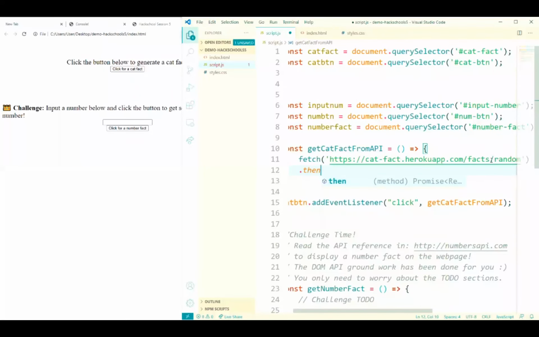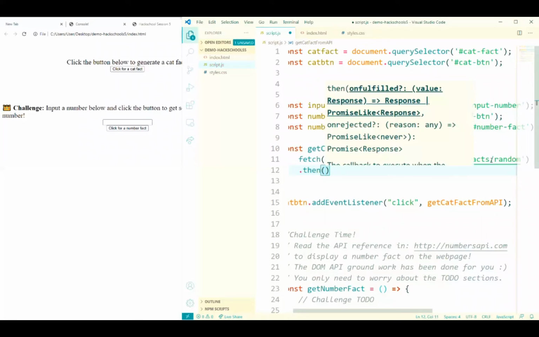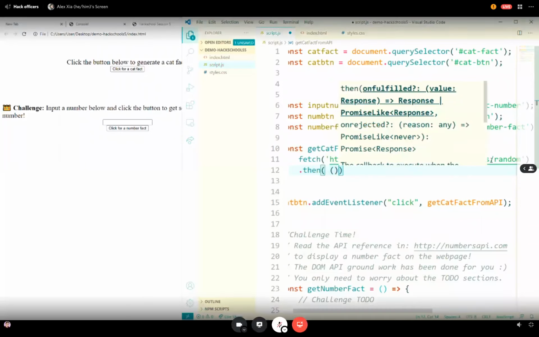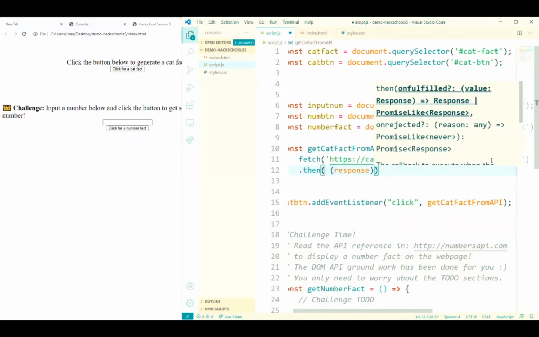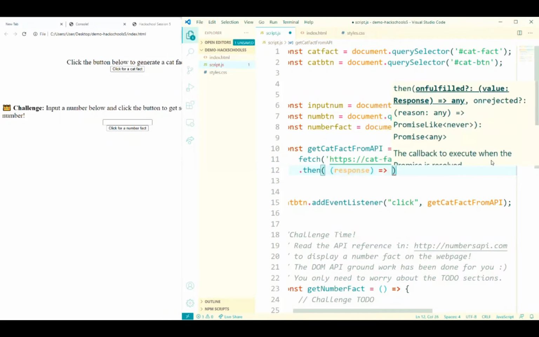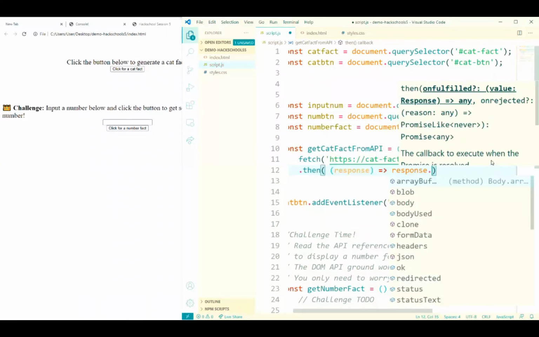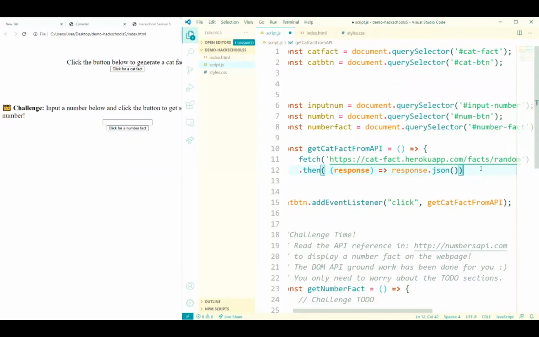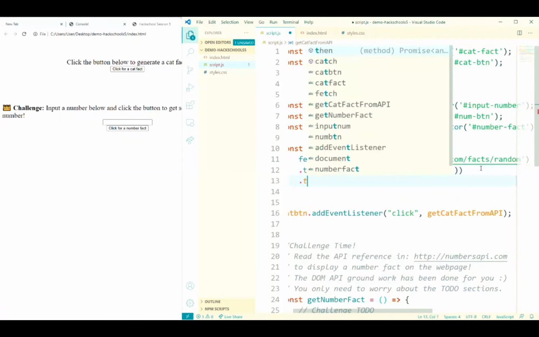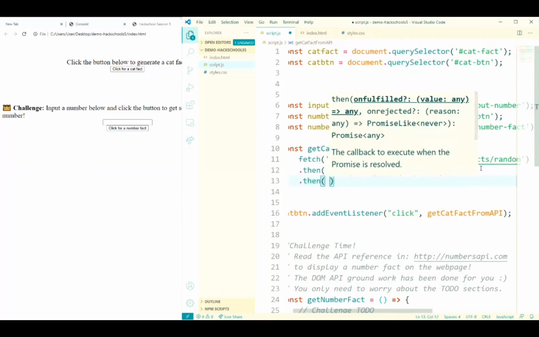Then, because it returns a promise, very similar to what we did before, I'm just going to go over some review. We have response, and remember that we can directly do response.json, and this will return a promise that resolves into a JavaScript object. Since it is a promise, we can use .then.